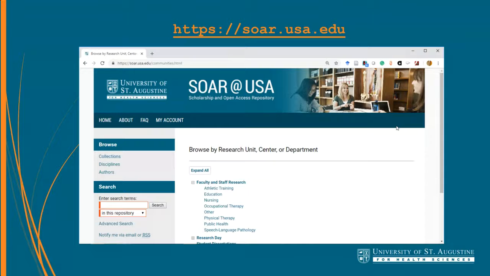But this allows you can log in here and click on Submit Research, and you can see the list of subjects there. Just barely cut off at the bottom, you can see we've also got student dissertations or scholarly projects that we're including. But you can log into SOAR at USA, and as long as you're affiliated with